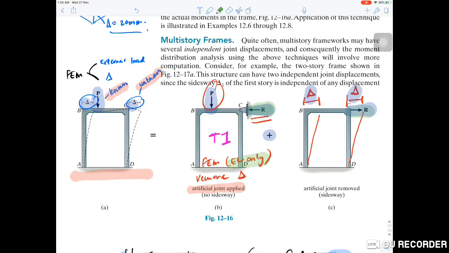However, by looking at diagram C, can we calculate FEM directly? No, because delta is unknown,